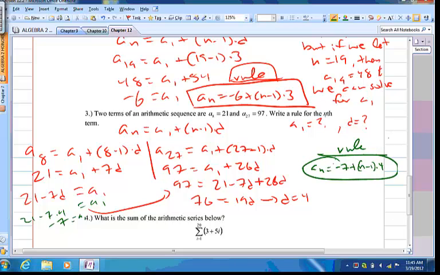Another way you could have done it too, you could have said A27 minus A8 divided by 19 equals D. That's because there's 19 terms along the way from A8 to A27. That could have worked as well to find what D equals, because then you would have 97